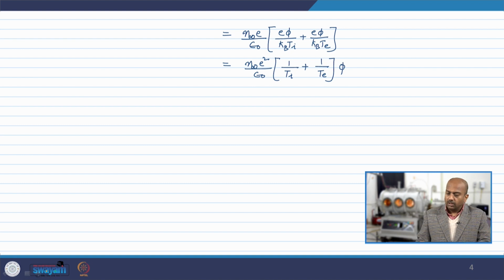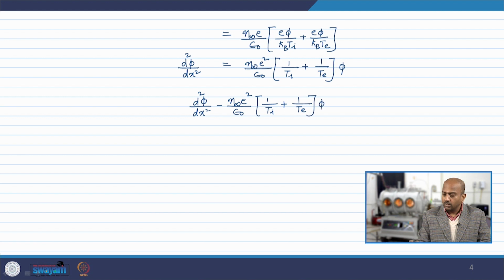What do we have on the left hand side? We have d square phi by dx square. If we write all of the terms on the left hand side, we will get d square phi by dx square minus n infinity E square divided by epsilon naught times 1 by Ti plus 1 by Te times phi